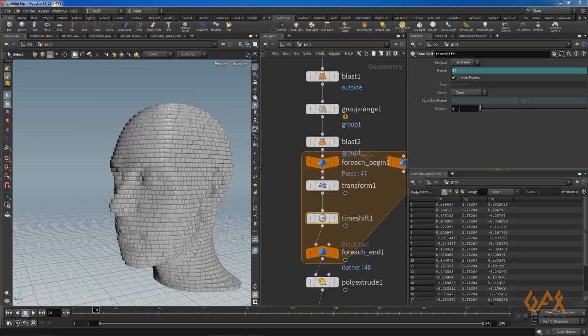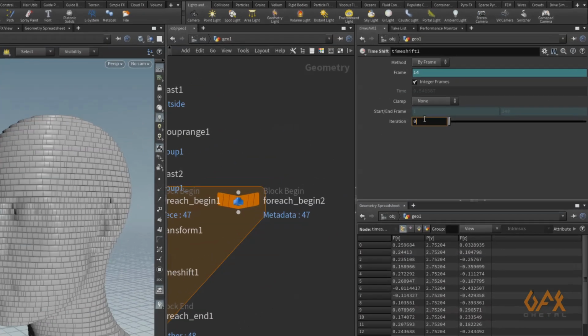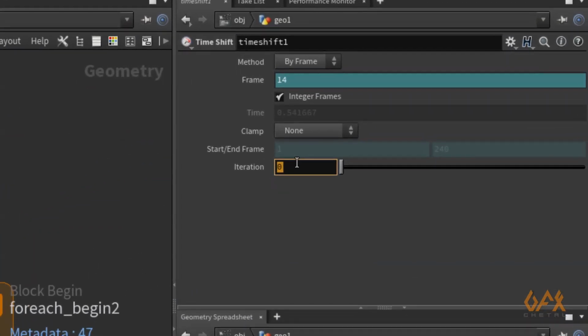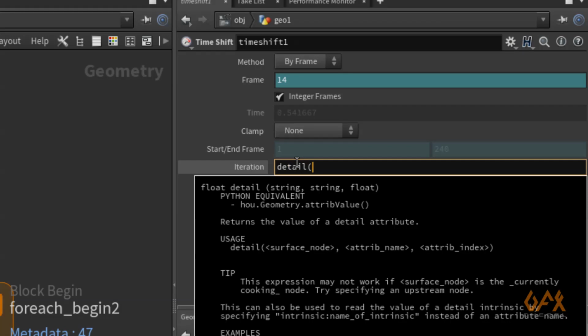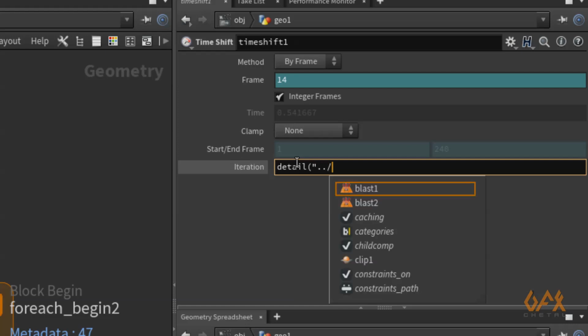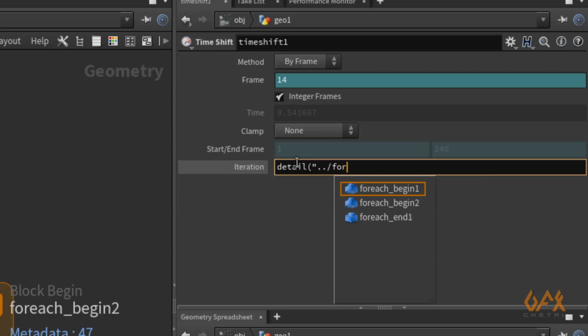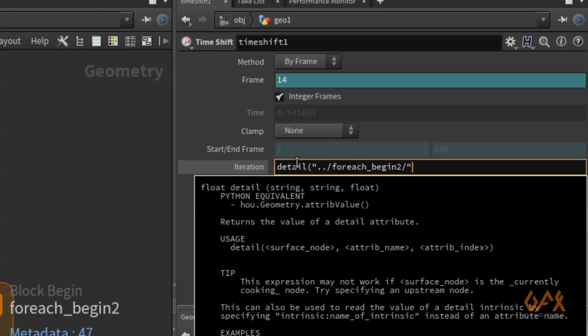Now to call that value from here, you need to type detail, bracket, double inverted comma, double dot slash, for each begin 2, because that metadata is stored in for each begin 2, double inverted comma, comma.